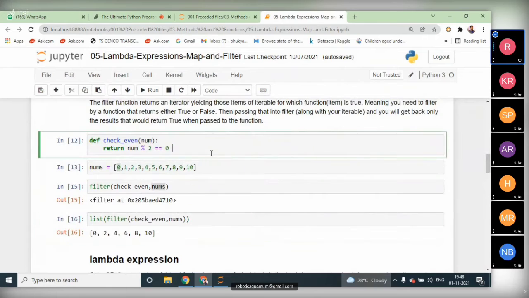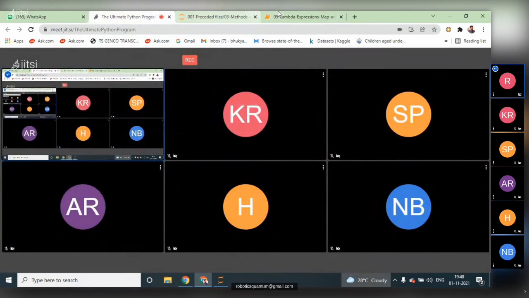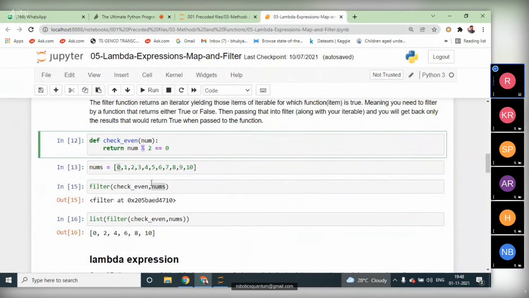When we come to the filter function, you have a function defined, check even, which requires one parameter. Here we are returning number modulus 2. We have the variable numbers, which consists of multiple values, like in the previous example.